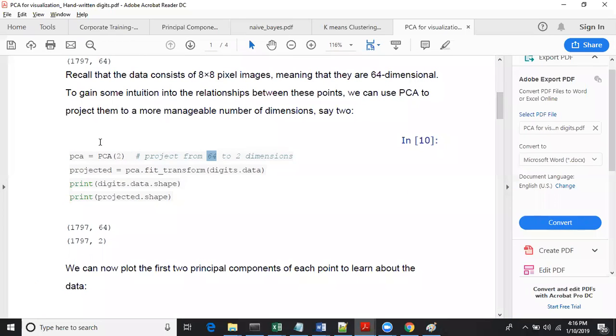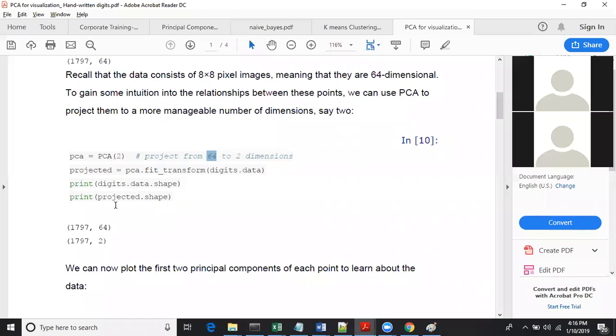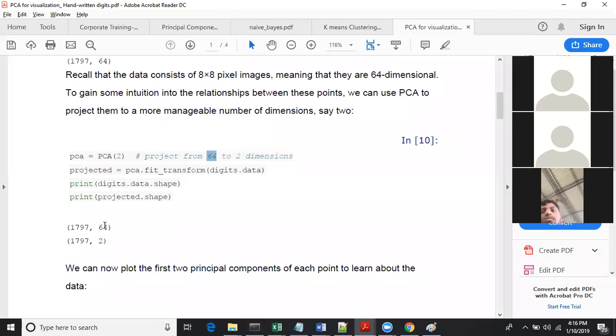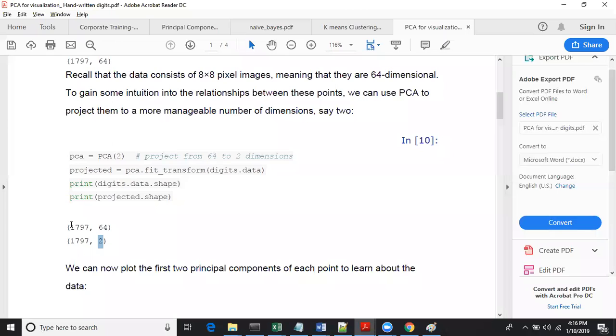So after applying PCA on the digits, the 64 dimensions have now been converted into 2 dimensions. Okay. So PCA has been applied, and Nimsi, you were there. So the introduction of the PCA has already been missed, I think. So you can follow up from here. It's gone. So